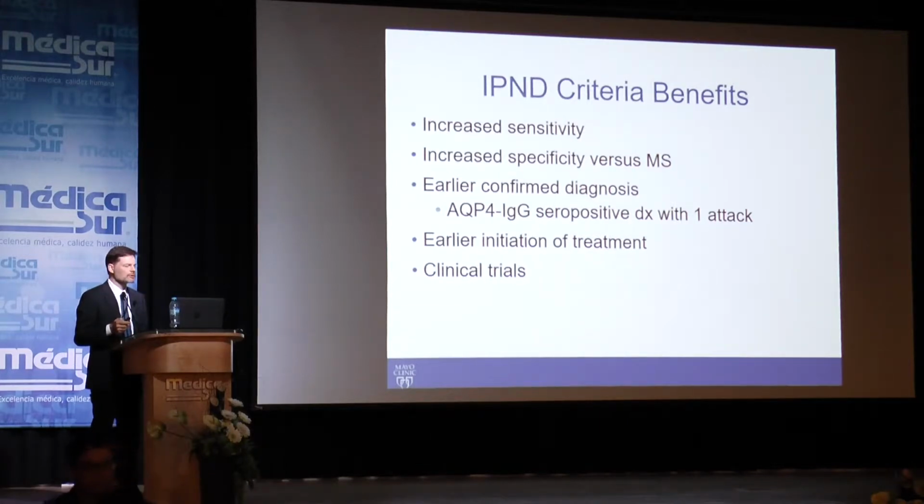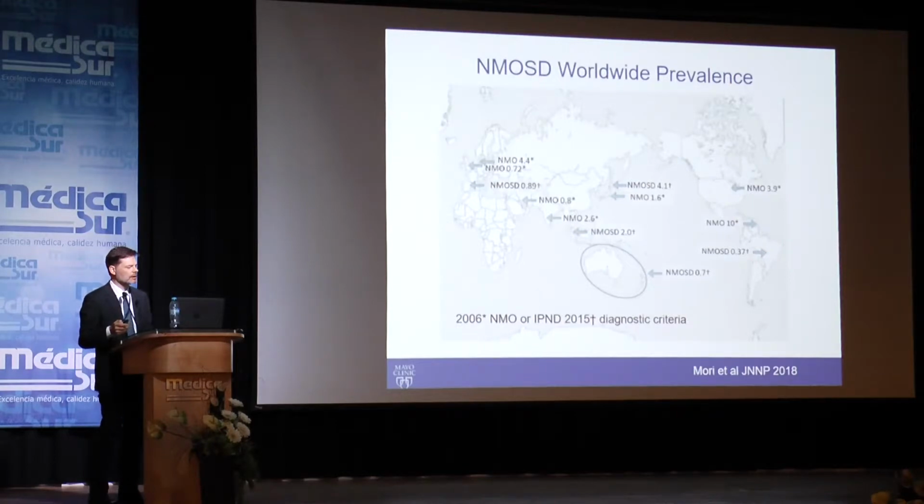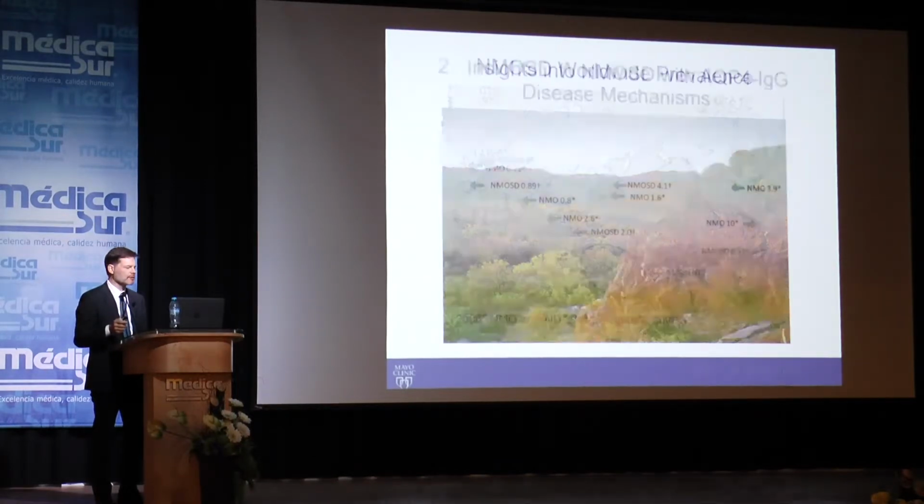There are also clinical trials. So we wouldn't have thought this maybe 10 or 12 years ago, but as of 2018, there are 3 large multinational phase 3 clinical trials looking at therapeutics in this disease, and I'll come back to that in a moment. Epidemiologic studies are obviously facilitated by this as well, and we're getting a better picture of what NMO spectrum disorder looks like throughout the world. I don't have time to go into this today, but it's really changing how we think about autoimmune disease, men versus women, different ethnic groups, different world regions, and different susceptibility markers based on both genes and environment.